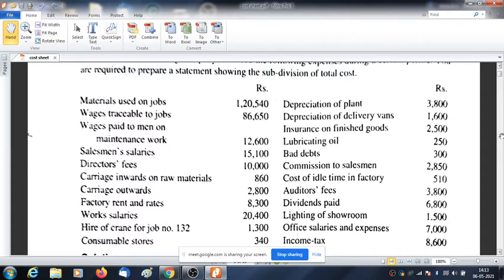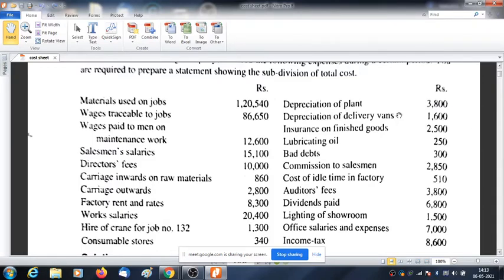So basically, this is a cost sheet, and it is not a cost sheet of estimated type or cost sheet based on FIFO and LIFO. It is a simple cost sheet. So under simple cost sheet, we basically need to recognize which item would come under which head, and accordingly prepare the cost sheet as per the format.